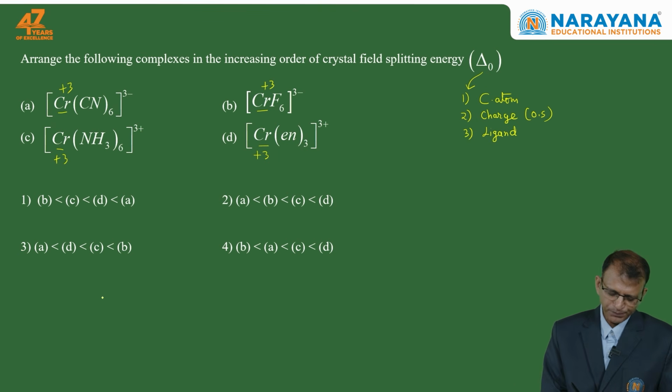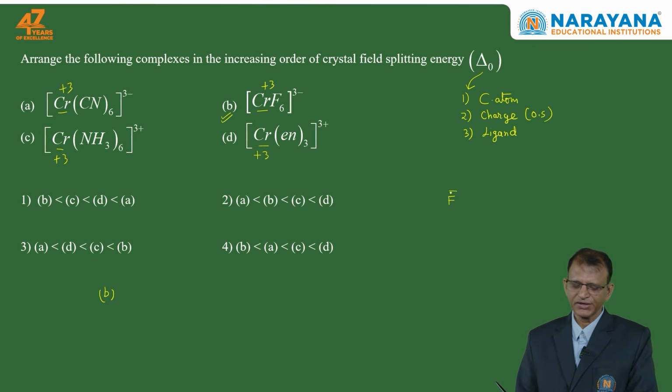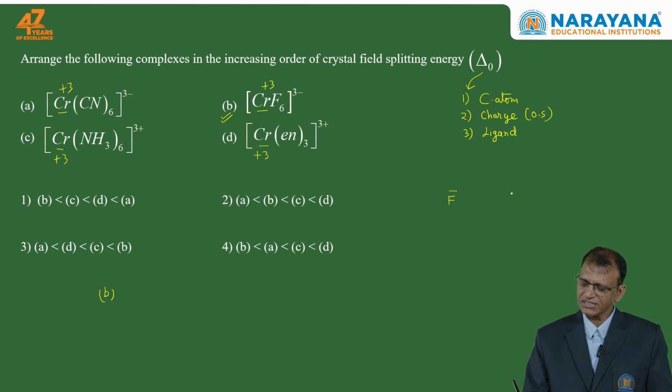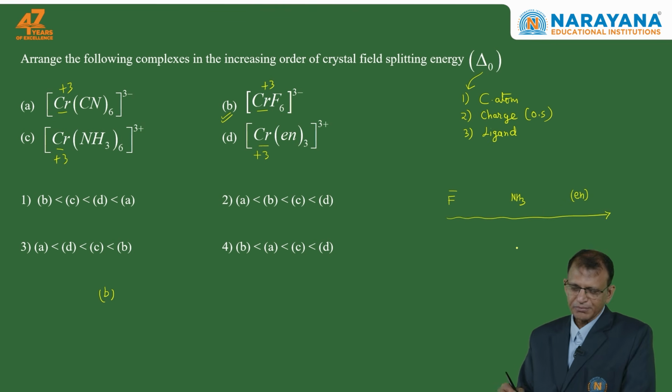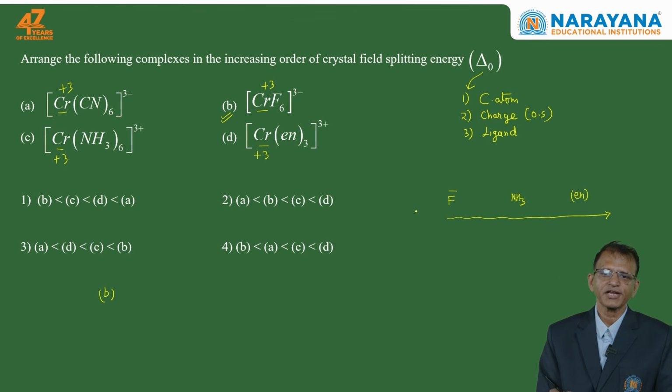Many of you will go for option B, because we know that in the spectrochemical series, fluoride ion is a weak field ligand. Halogens are there, then the oxygen family, then the nitrogen family, and then the carbon family. Now in the nitrogen family, there is a monodentate ligand NH3, and there is a bidentate ligand ethylene diamine. If you go through the spectrochemical series, the field strength may be, because here there is chelation because of ring formation,